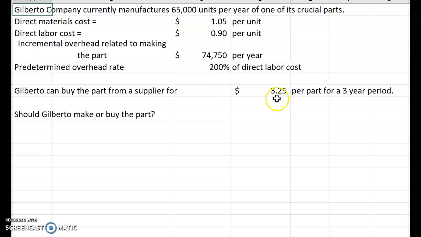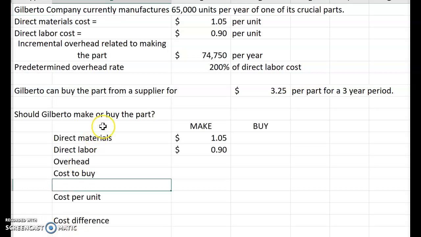We can buy the part from a supplier for $3.25. So in order to determine if we should make or buy the part, we need to calculate the cost to make the part and compare that to the cost to buy the part. So to make the part, it's $1.05 in direct materials, it's 90 cents in direct labor, and then the incremental